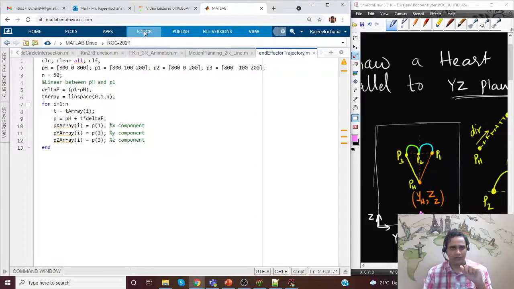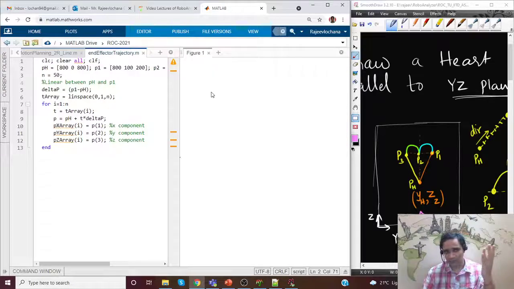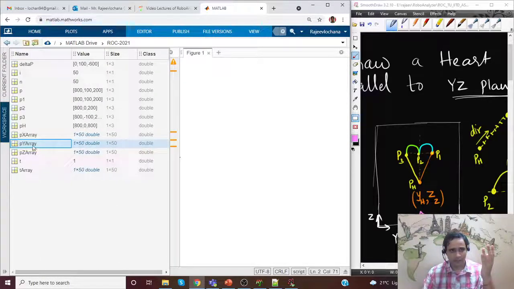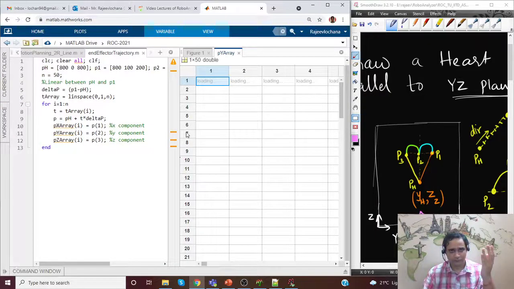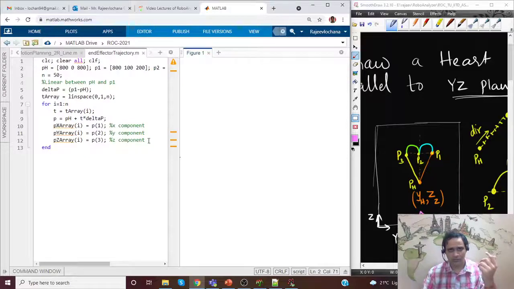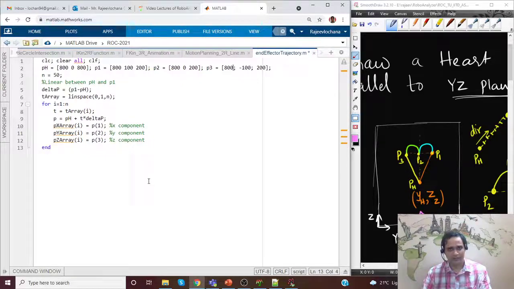And now if we run it, if we get column, I think we'll prefer this way. Okay, it is still row. Let us go back to our earlier with semicolon. At least technically we are correct. These are column vectors. Okay, so we have coordinates from ph to p1.